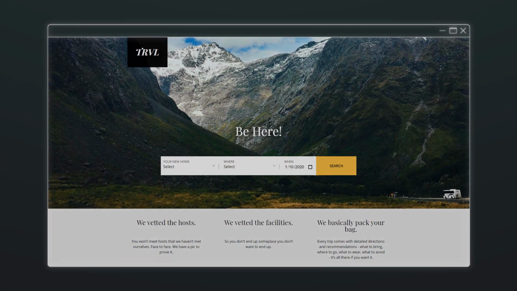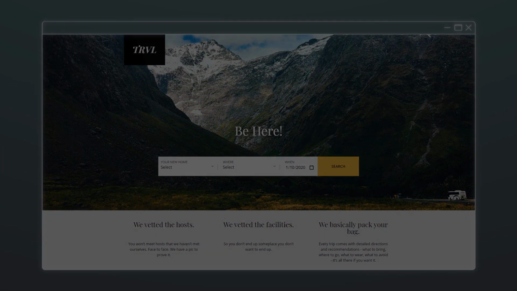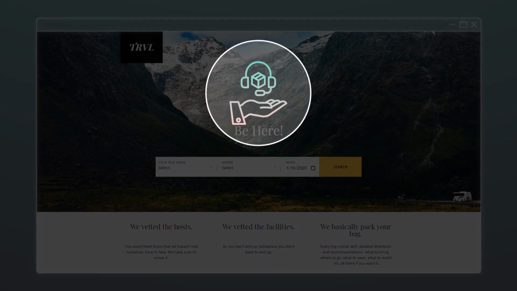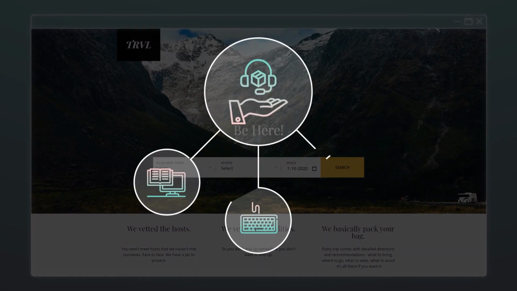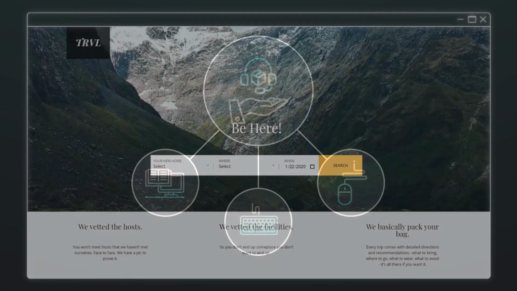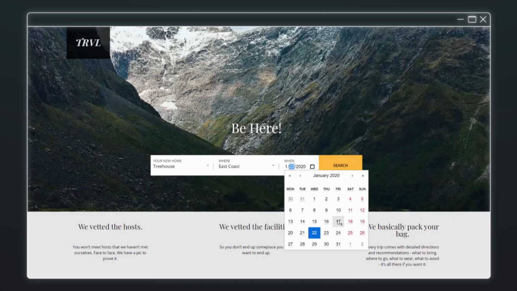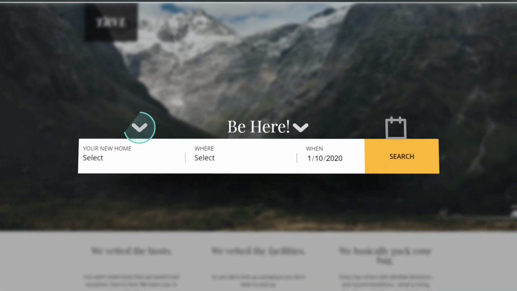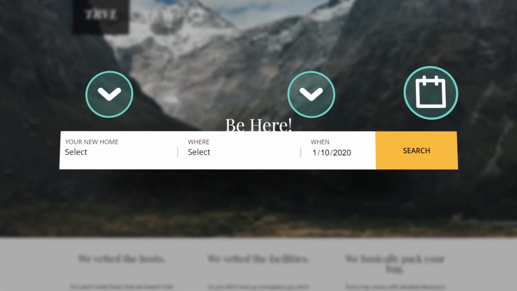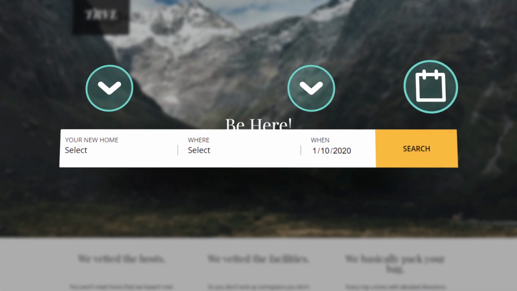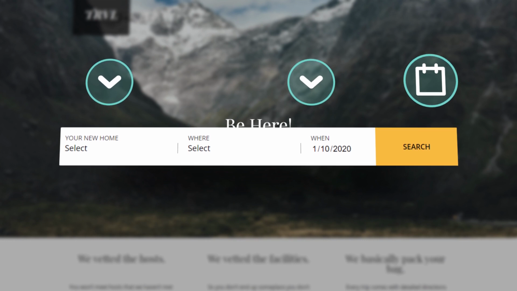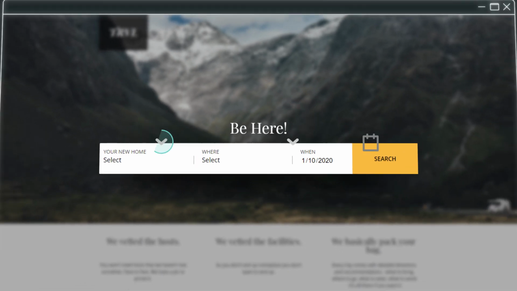However, this is completely inaccessible to anyone using assistive technology like a screen reader, keyboard or pointing devices. As a person who can see, you can, within a fraction of a second, understand the main purpose of the site, in this case, to search for and book a vacation. You knew that because you recognized a drop-down and a date picker with its calendar icon visually, since they follow common UX and UI paradigms.